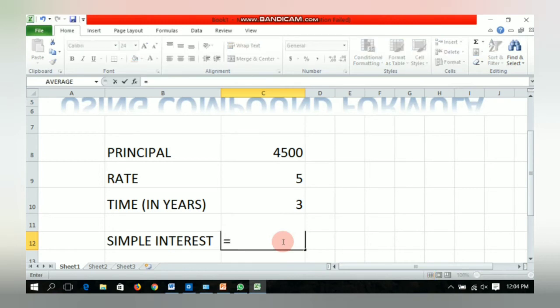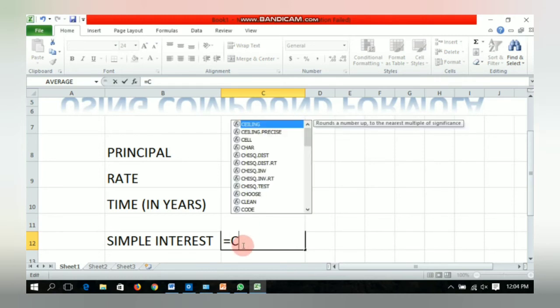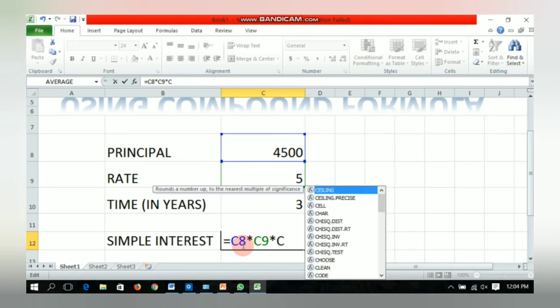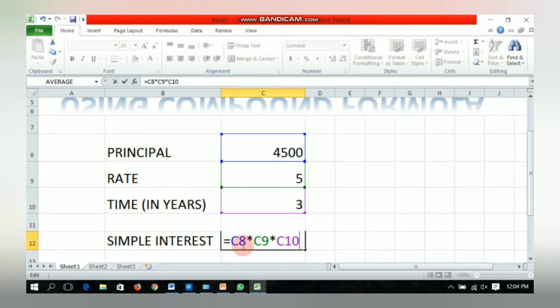Then this cell name is C8 and the sign of into, C9, again into, C10, upon, that is slash, 100, and after that we will press the enter key.